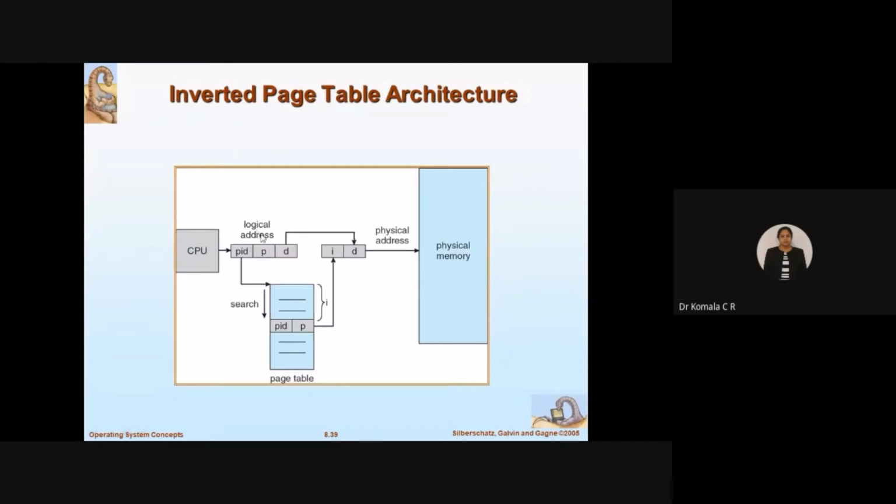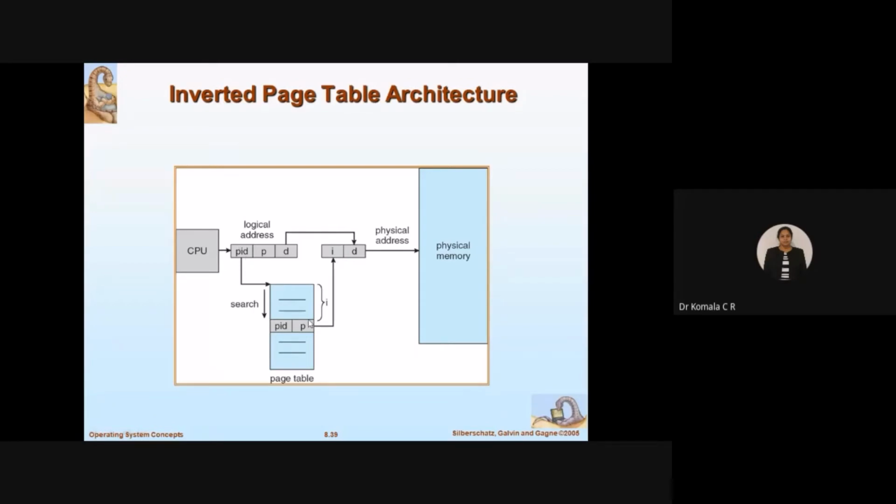So the CPU which generates the logical address includes three blocks here: PID along with the page number and the page offset. So for the PID you have to check each and every entry to see which one is valid. Based on this you can check for the free frame here. So whatever element you have scanned here, say for example, this is a location for the page number you want to execute. This particular set of code, the data you want to take. Say for example, you have access from here. Find out the address, add the offset, get the physical address. So mapping is done from logical to physical address, and whatever content you have taken is going to be stored in the free frame of the physical memory.